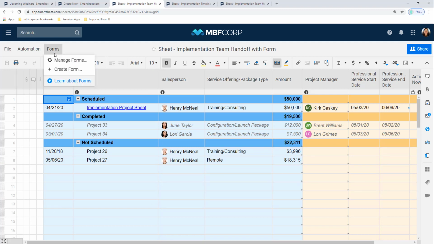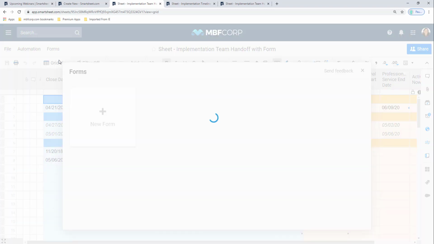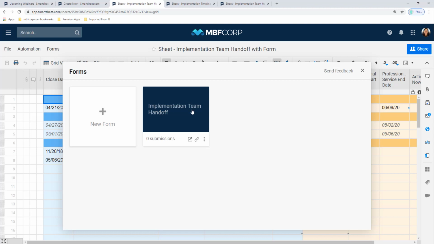And this sheet comes with a form available at the top of our page. Forms can be shared with anyone, and they're used to submit a row into your sheet. So this is a great way to manage any request process. If you are an IT team and you need a way to handle tickets, you can create a form. If you are a design team and you have a lot of work coming in, forms are a really great